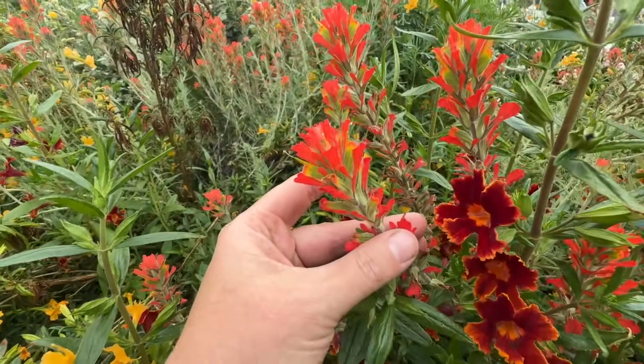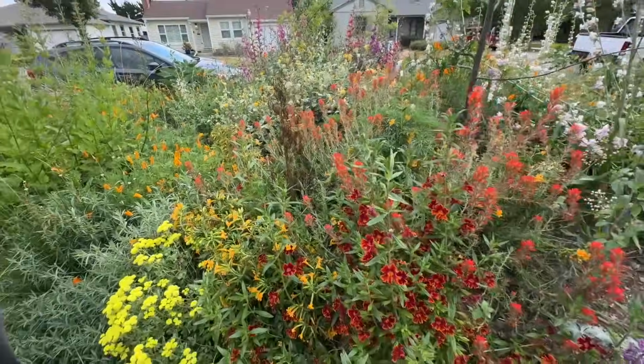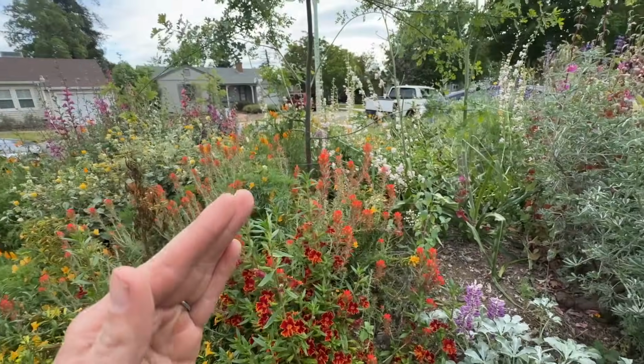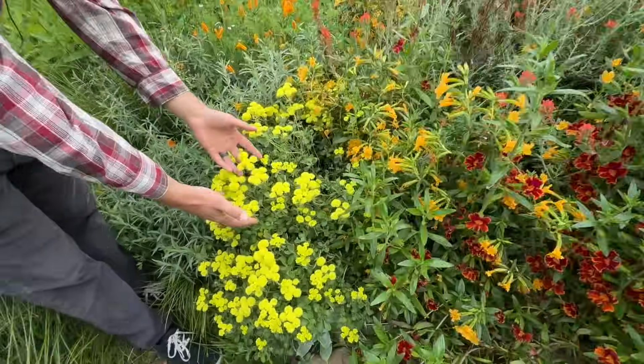It's like touched with orange, basically, on the ends. It's the most stunning thing. I want this plant in my garden. I'm making a list. Right. And then this is another, like, just,